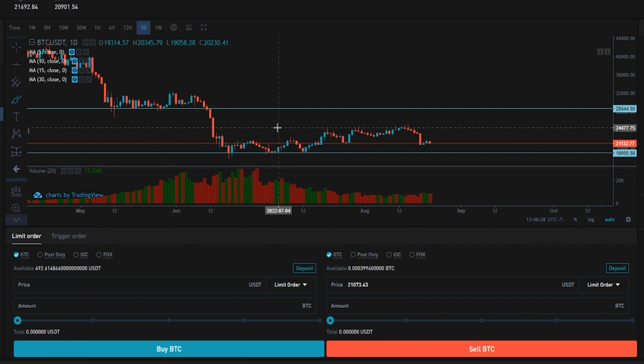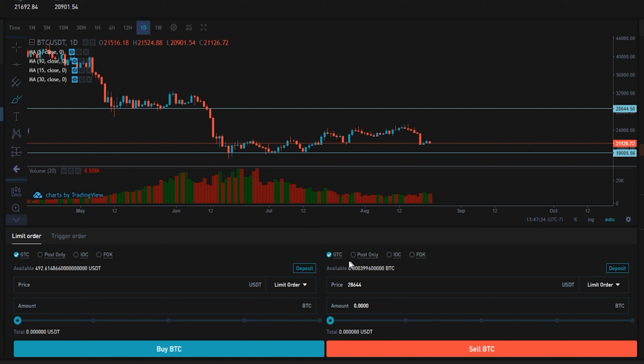So maybe that's a good area to place a sell order. Now we can see on the y-axis of the chart that there's a price point that correlates to that horizontal coming in at 28,644. So let's come down here to the order panel on the sell side and let's type that into price. So 28,644. Next, we need to choose the amount of the asset that we wish to sell if price action is